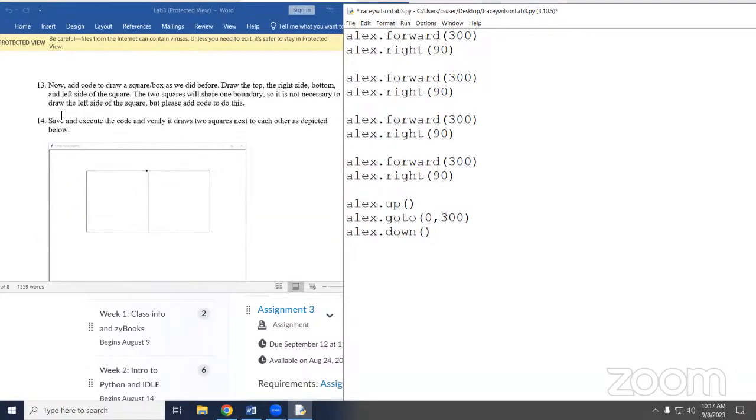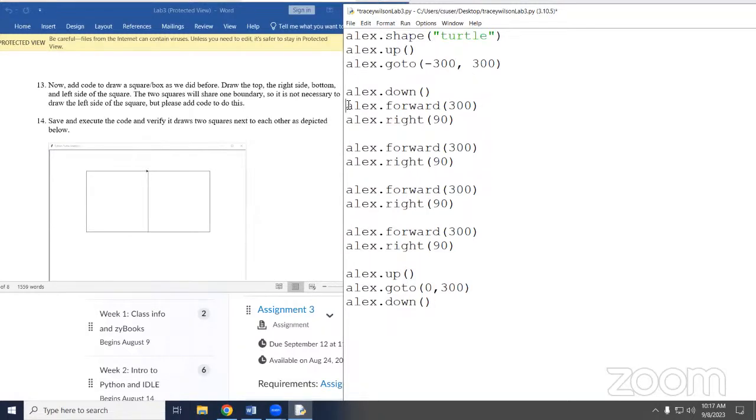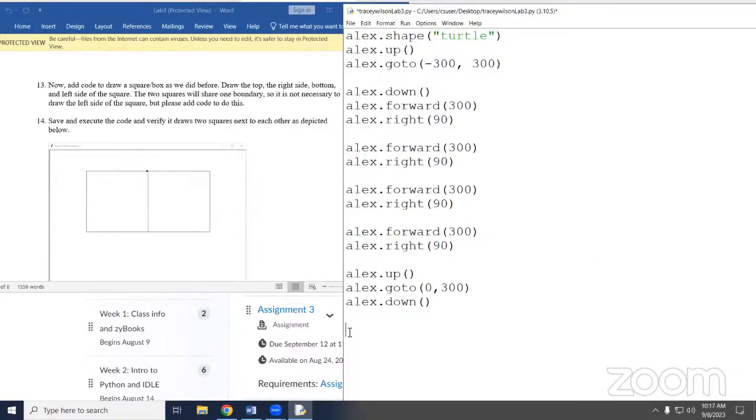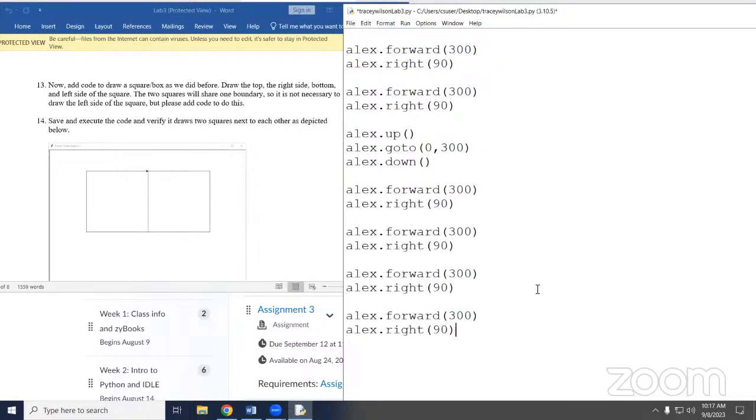And we're going to draw another square right next to it. Well, guess what? We already know how to draw a square. We have the code right here for that. So I can copy it and paste it. And it should draw me another square, because we tested it already. We know that code draws a square. Or you can hand type it all again, if you're one of those people like me that practice makes it sink in better. Hand type it all again, and you'll embed those commands into your head.